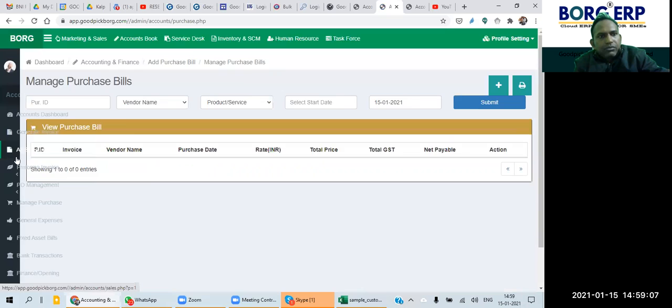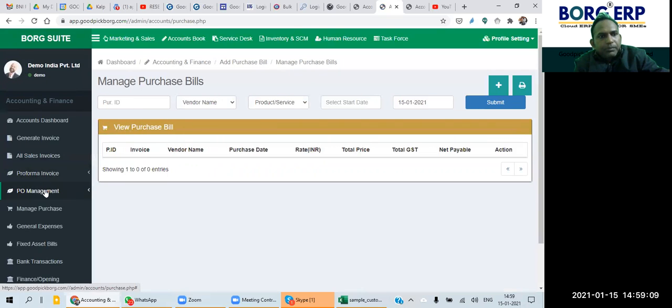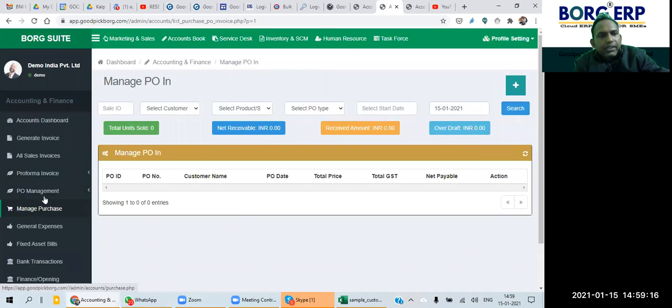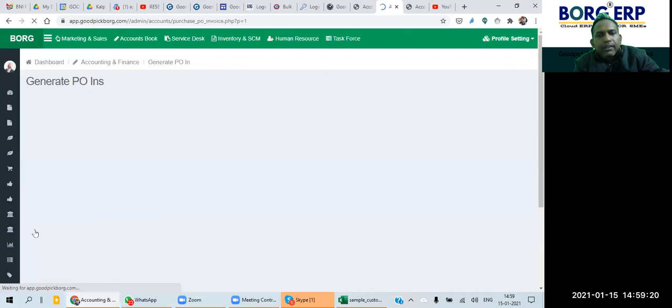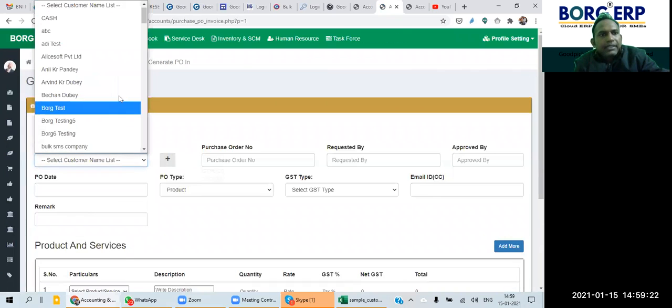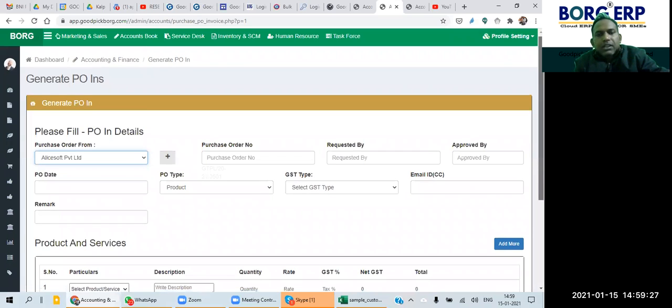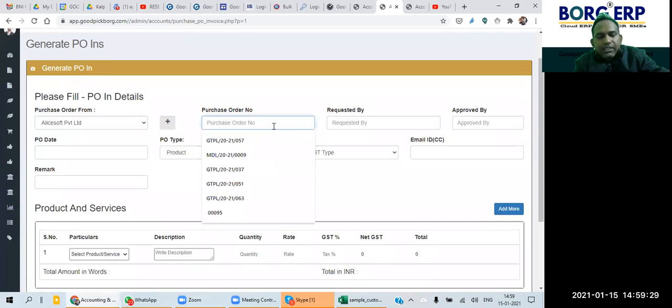Let me check where the PO is, then minus PO in, if it is there. Okay, it's not there. Let's enter one. So I'll go here and add PO in. Then I can select any customer, because you must have received the PO from a customer. In case you are a supplier for them, the customer will definitely be displayed here.